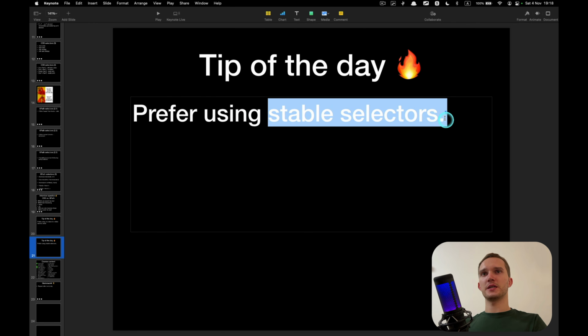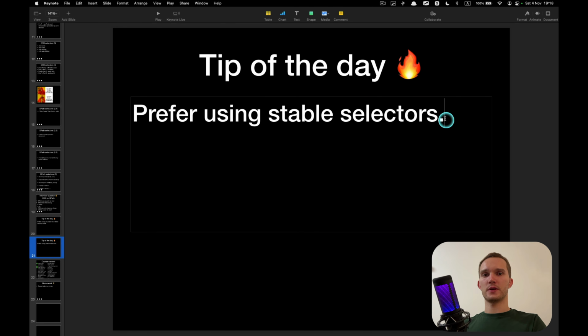Stable selectors meaning they are not changing quite often. And such selectors are ID, name, data ID. Other selectors change more often, like classes. Developers usually change classes when they change the styles of the page, and you don't want to rely on some style change and all your auto tests will break.